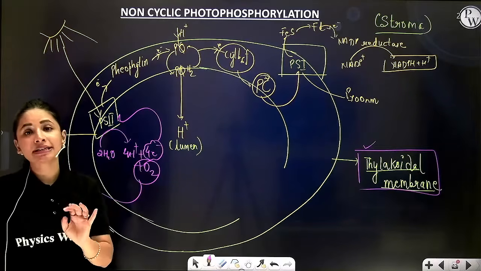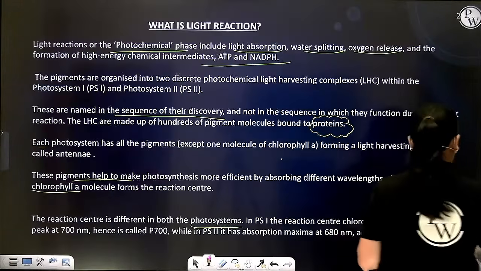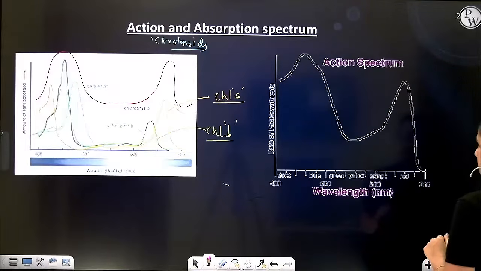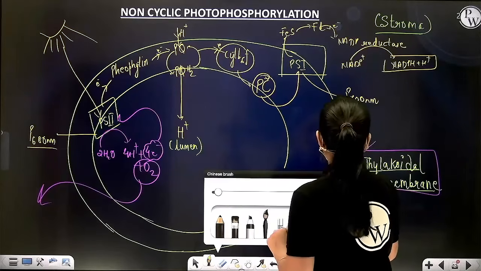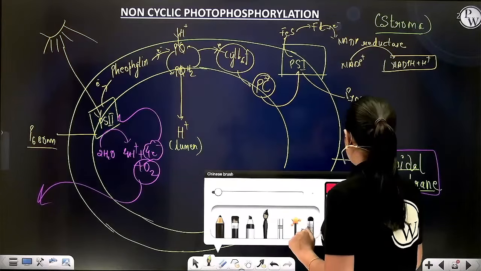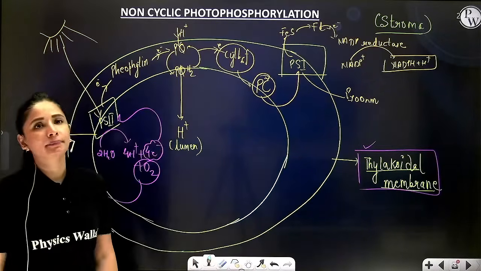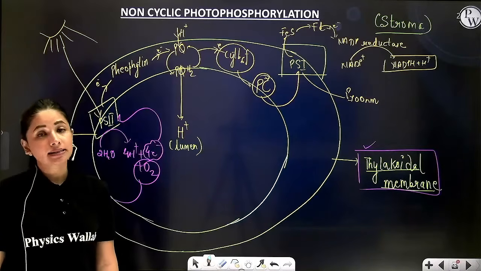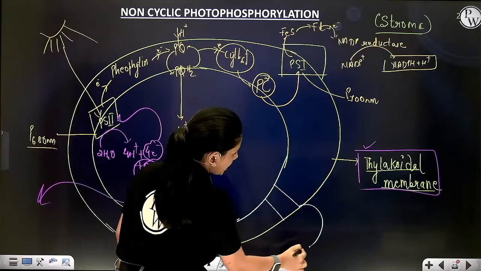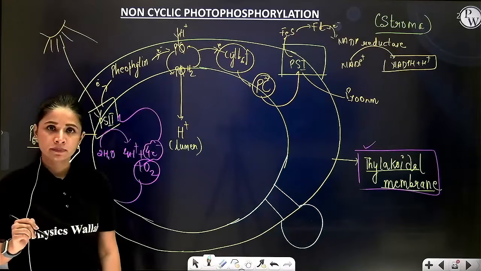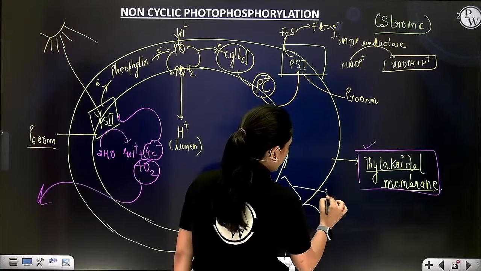Fourth requirement is the enzyme itself, that is ATP synthase. So now finally we are going to see the location of the enzyme, that is ATP synthase. On the thylakoidal membrane itself, the enzyme ATP synthase is located. This enzyme is made up of 2 components. One component which you can see completely embedded,